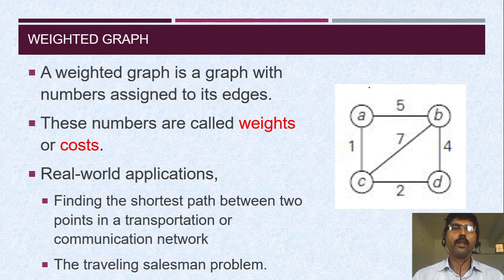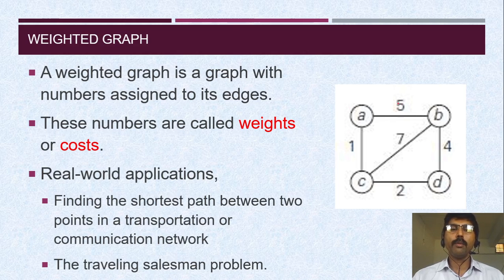Weighted graph. In a weighted graph, each edge is assigned some number. Sometimes these numbers are called weights as well as costs. Such graphs are used in many real world applications, such as finding the shortest path between two points in a